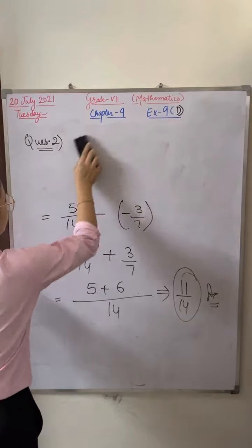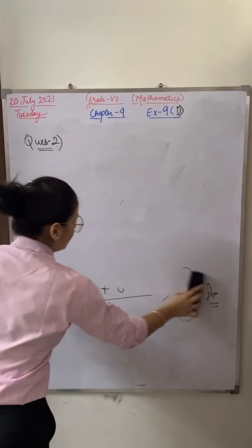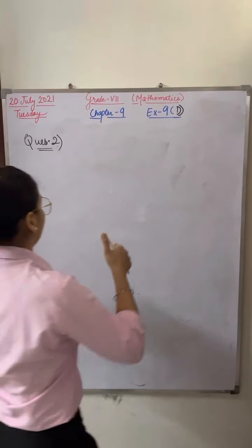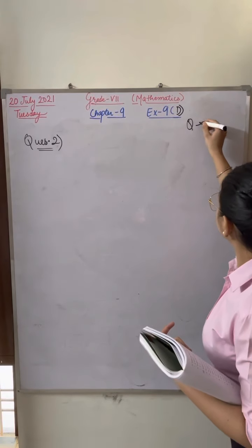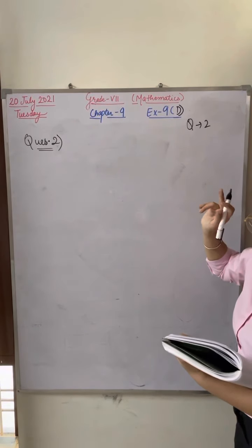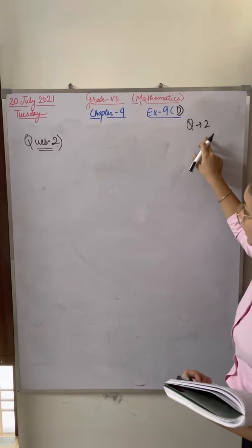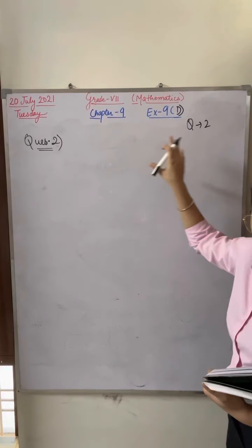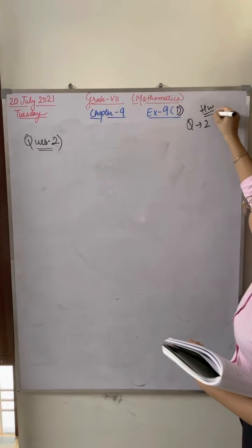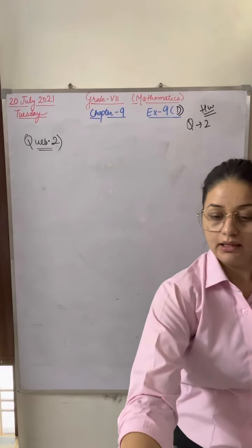Now question third. Please mark the questions which I am giving you for the homework. For question 2, some parts are for homework. Part number 2nd and 3rd is the homework. Two parts are there in the class, two parts are the homework. Do your homework on a regular basis.